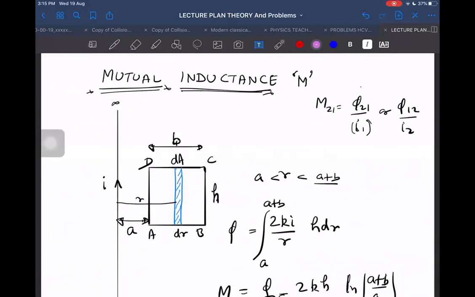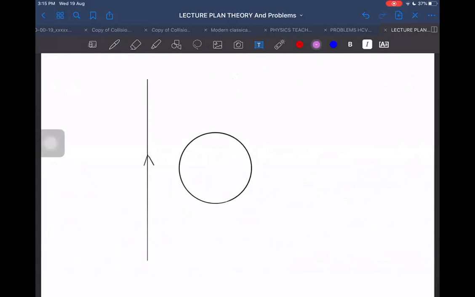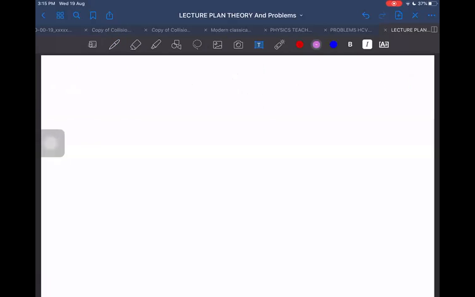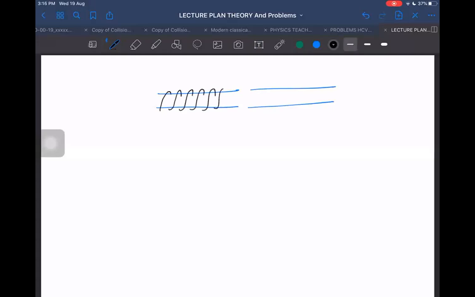Mutual inductance between two solenoids. That is also very important. There is one solenoid and another solenoid. What is the mutual inductance between these two? Sometimes one solenoid may be kept close to the other solenoid like this, the way I'm keeping it. And I took an example of this yesterday. L1 inductance, L2 inductance. So it happens that mutual inductance comes out to be proportional to root of L1 L2, and that proportionality constant is K.